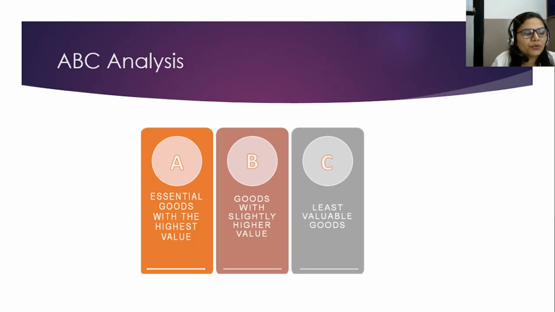The ABC method of control has become an essential part of any material control system. ABC inventory analysis is based on the Pareto principle, which states that 80% of the sales value is generated from the top 20% of the items. It means that the top 20% of the items will generate 80% of revenue for the business. It is also known as the 80-20 rule.